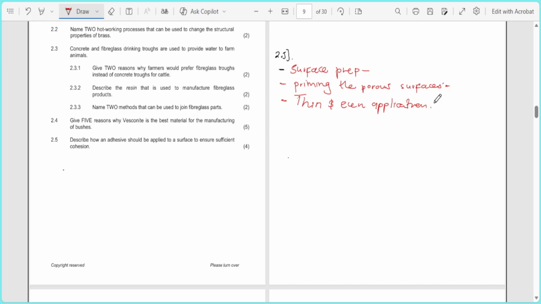If this is not achieved, it will create weak points and reduce the shear strength of the cohesion between the two